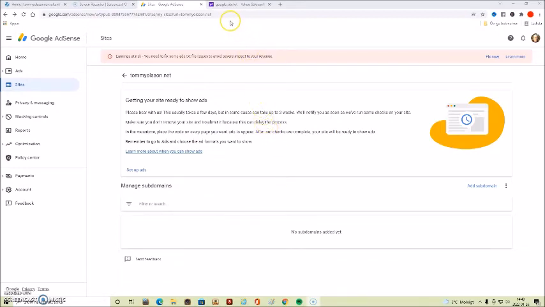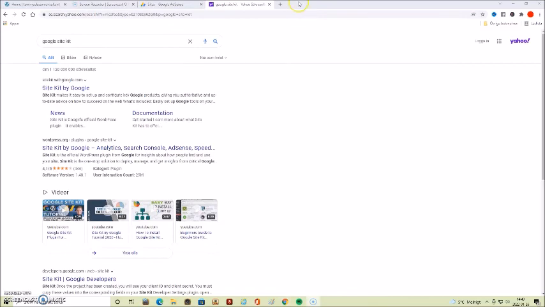Make sure you upload the file still in zip format, and then you follow the steps. I'm not going to do a detailed tutorial on that, but this was how to do it easily. Here I've done a search for it, so you can go to, for instance, this URL sitekit.withgoogle.com to download the free plugin.